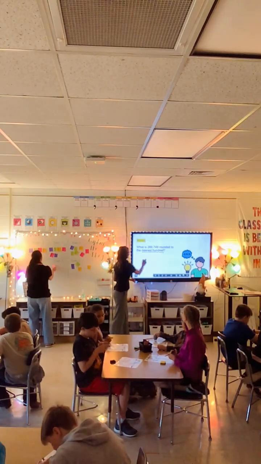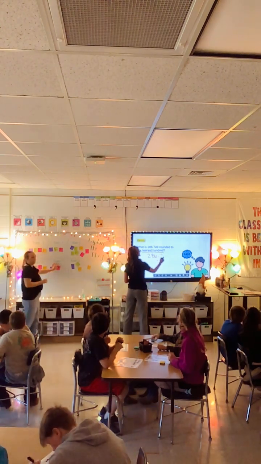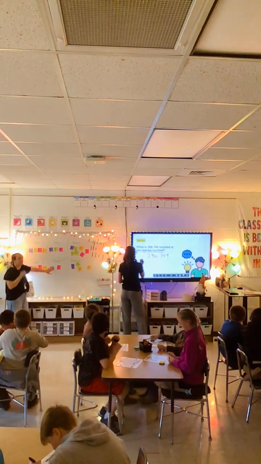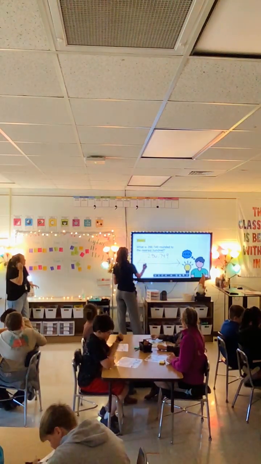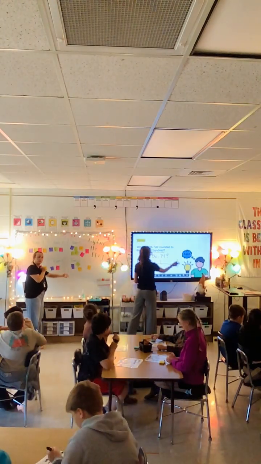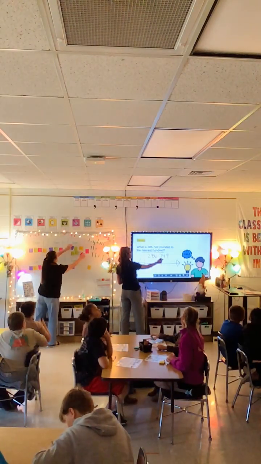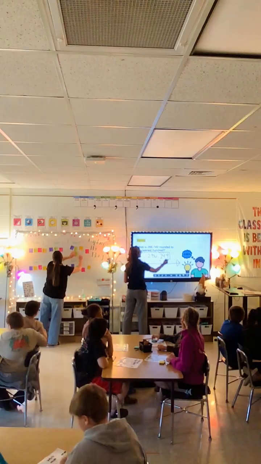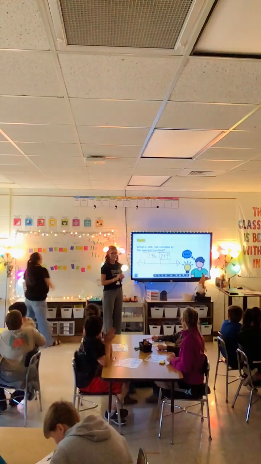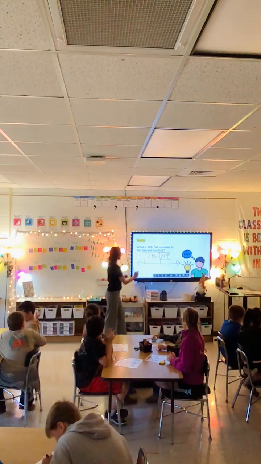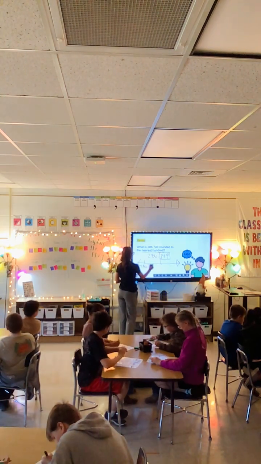Alright, so we're looking at 286,749. So when we set up our number line, we need our beginning, middle, and end point. So if we are looking at our hundreds place, that's going to be the 7. So what should be at the beginning of our number line? 286,700. Yes. 286,700. Then what's going to be in the middle?